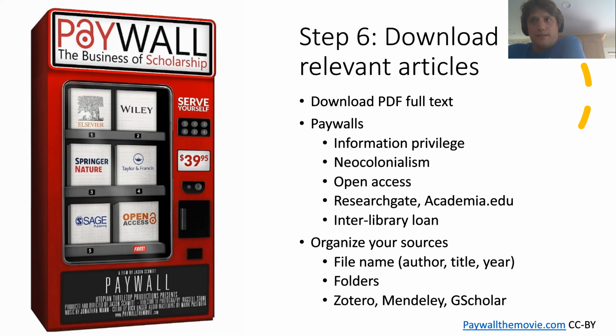Some other things to think about, and definitely some things that I've seen on the internet, are links to things like ResearchGate and academia.edu. So if you did a generic Google search for the article that you were looking for, you might find a link to the PDF on ResearchGate or academia.edu. Those are for-profit websites. Sometimes authors share their work on there. Other times that work is just sort of shared on there. The legality of these things is kind of in question. That's not really your responsibility though. That's the responsibility of the people who are running these websites and the people who are uploading articles to these websites. But at the same time, you should be aware